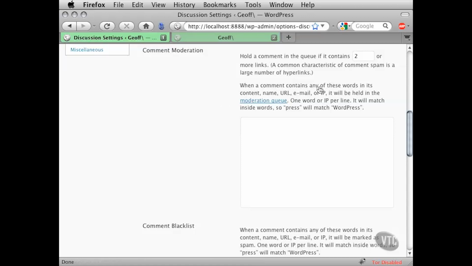When a comment contains any of these words in its content, name, URL, email, or the IP address, it will be held in the moderation queue. One word or IP per line. It will match inside words, so press will match for WordPress. So maybe if someone uses the word spam, for example,